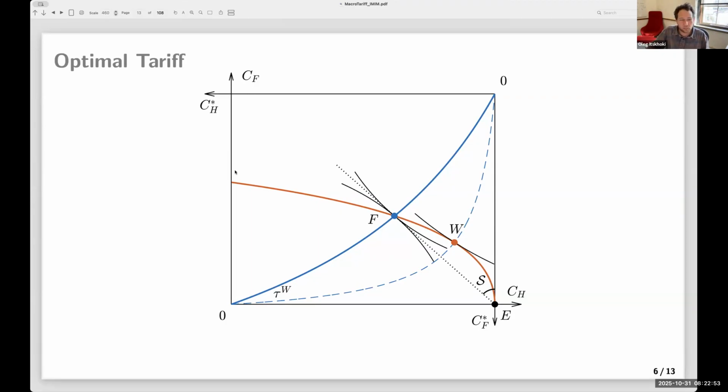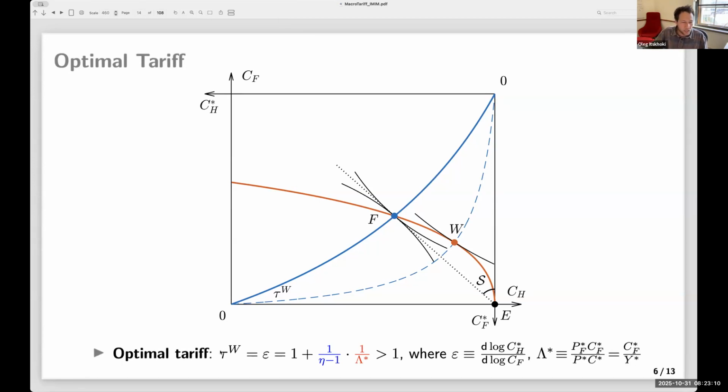With all other tariffs, the planner can span this whole red curve. The tariffs are here, and the subsidies to trade are here. When you do the tariff, you go closer to an endowment point, to autarky, right? And so there exists an optimal way from free trade towards autarky, which is the optimal tariff. And this has standard results in trade.